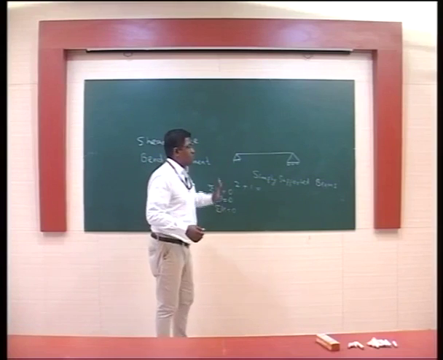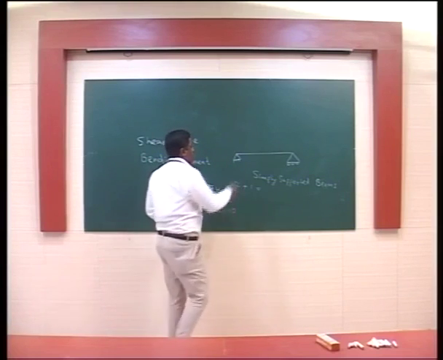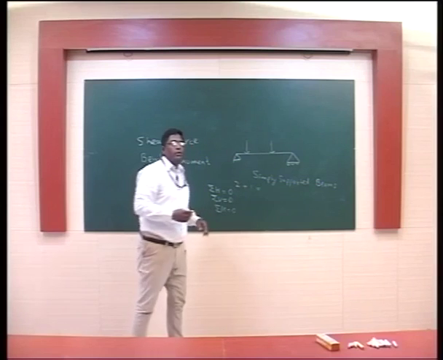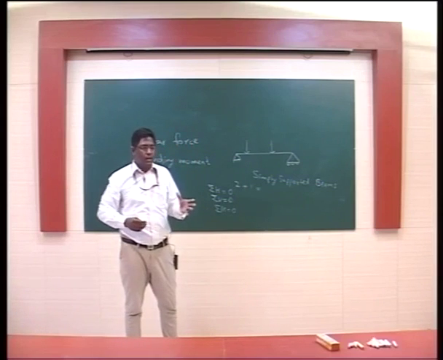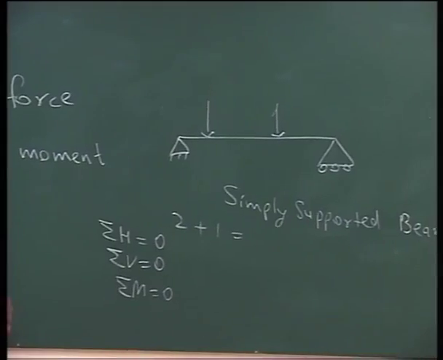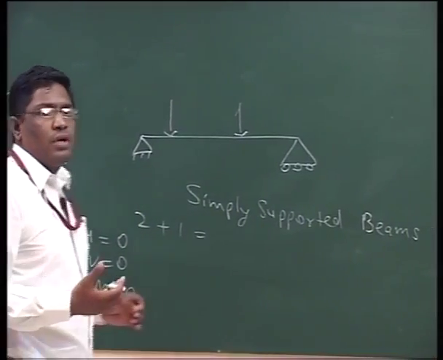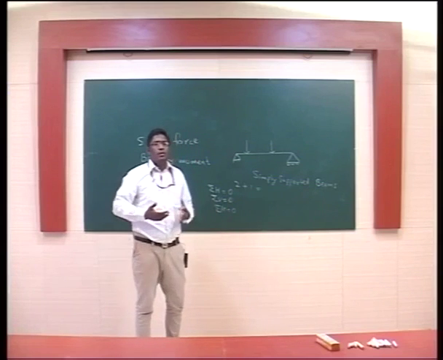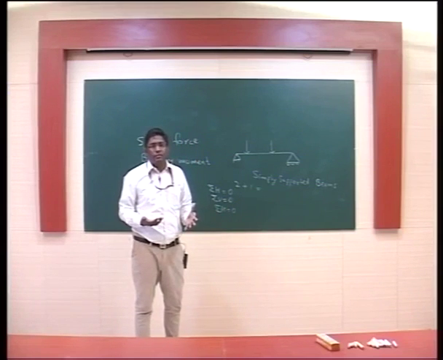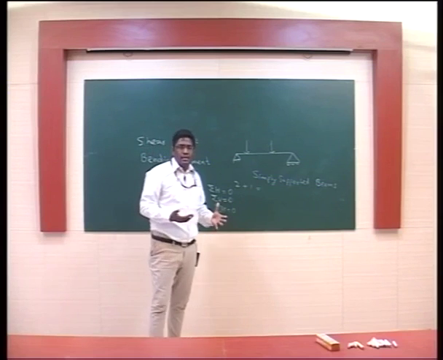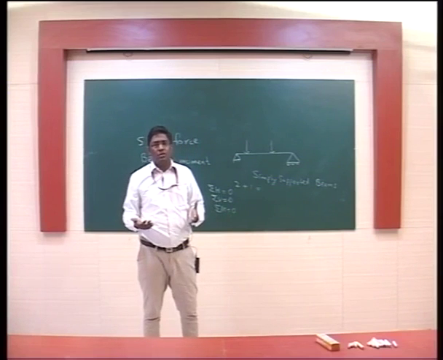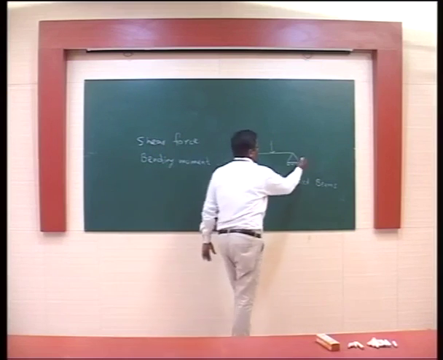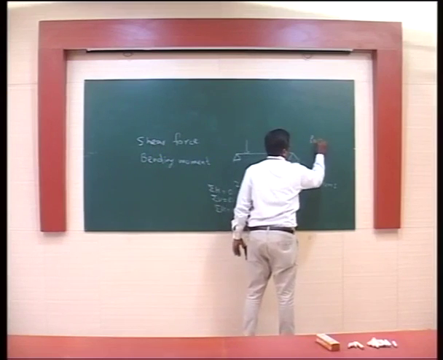Now this particular simply supported beam, if we apply point loads. Now what exactly is a point load? Point load means a load which is actually applied on a single point. In real life, because we are talking from the civil engineering perspective, there are no such point loads available, because every load is scattered on some sort of area, and if the load is scattered on some sort of area, then it is not known as a point load, it is known as